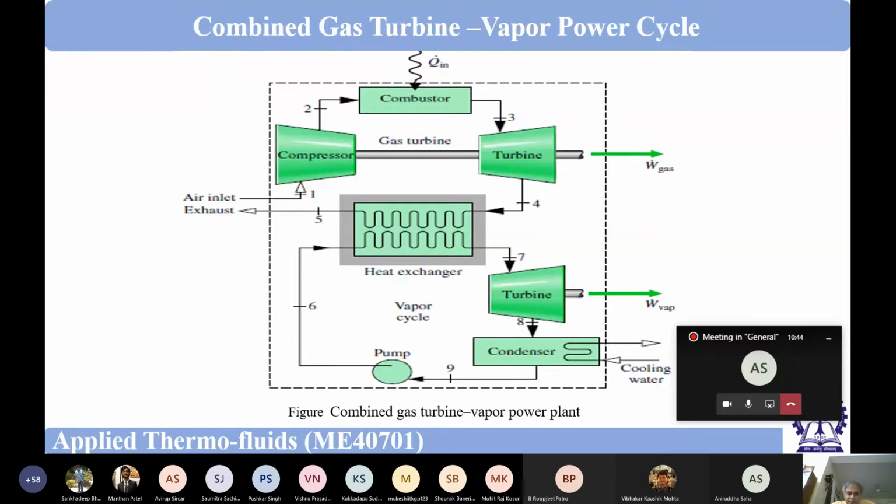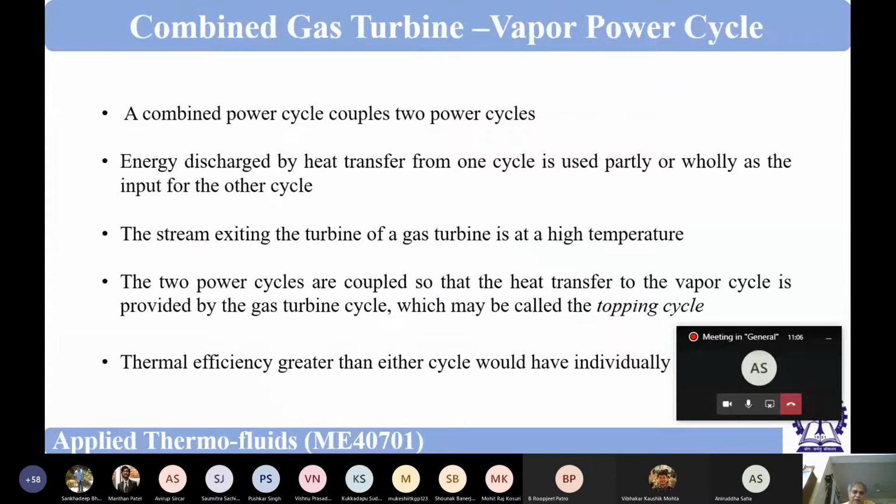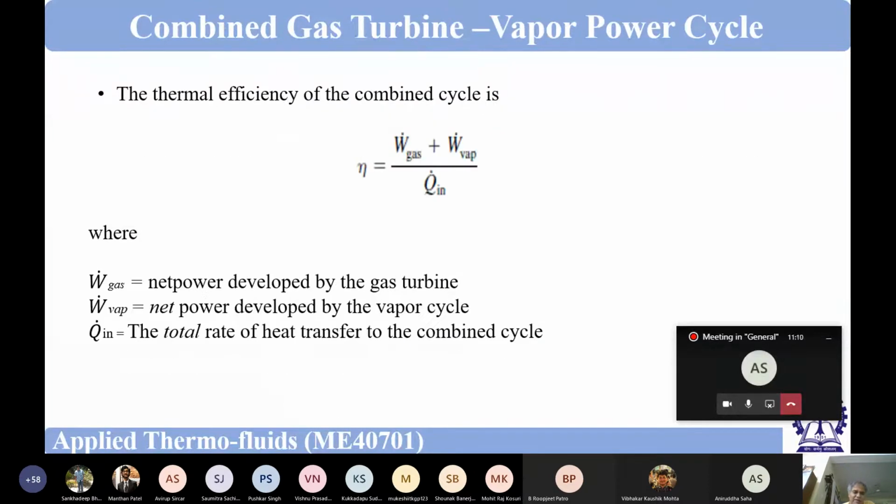But the only thing is that we have to have good quality fuel. As I have told, either natural gas or coal gas is needed. Low grade coal cannot be utilized at all. Okay, so that is the difficulty. Then if we proceed, certain things I have told here, please see the thermal efficiency of the combined cycle that has been shown.